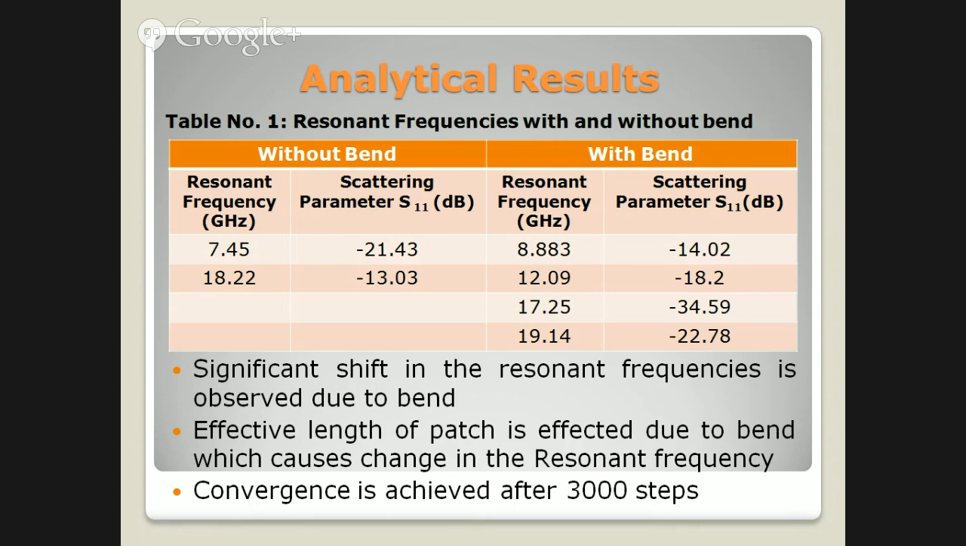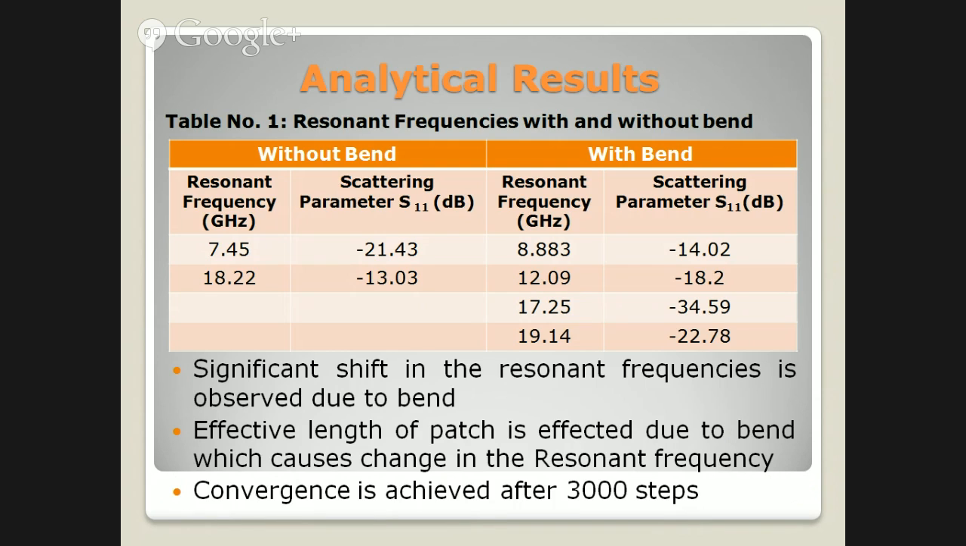So the analytical result says that there is a significant shift in the resonant frequencies due to bend, and it could be because the effective length of the antenna is changing. And in the case of bend, the convergence was achieved after 3,000 steps, whereas without bend it was after 4,000